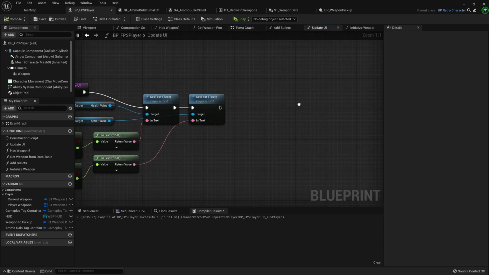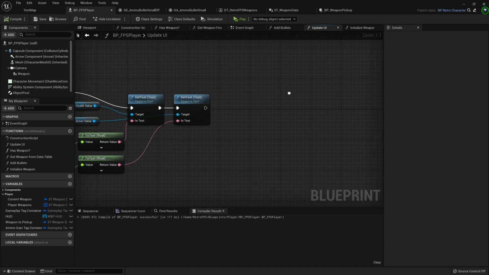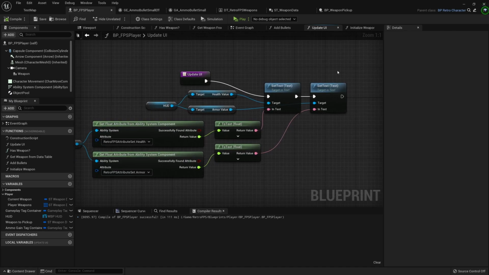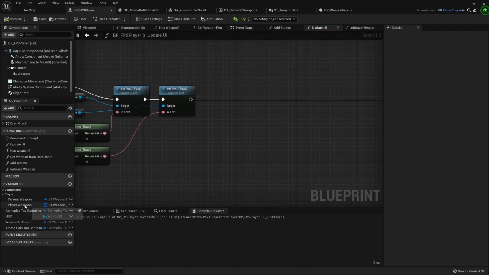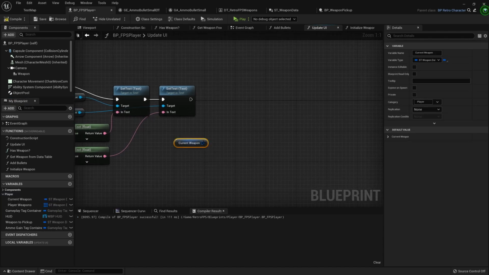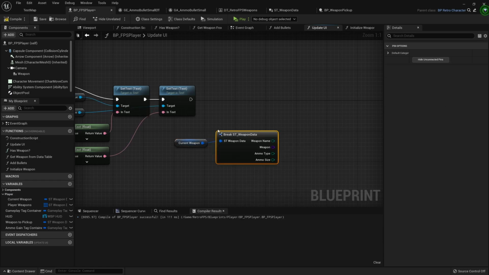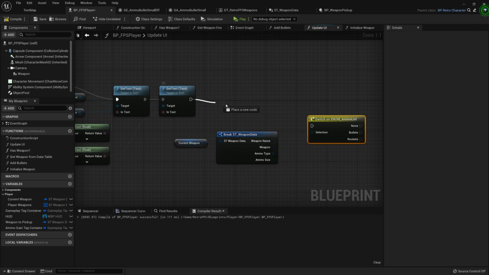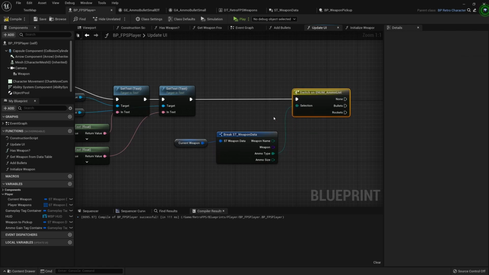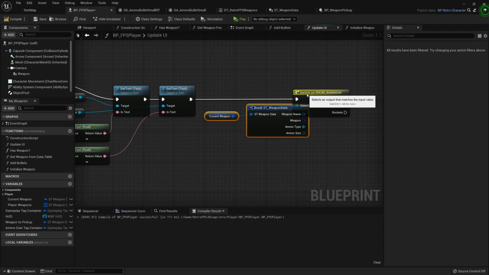So back in the update UI function, we need to fill out the rest of this information so that it updates the ammo. So all we'll be doing is taking the current weapon, and we're going to break the data. And we want to take this ammo type, and we'll do a switch so that we can cycle through and determine what ammo is being updated.